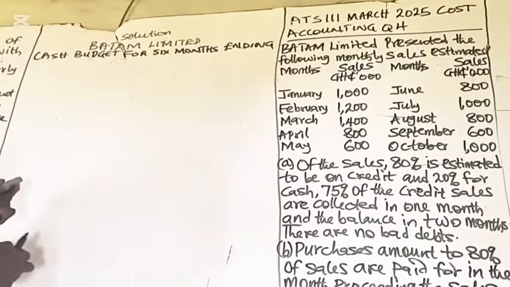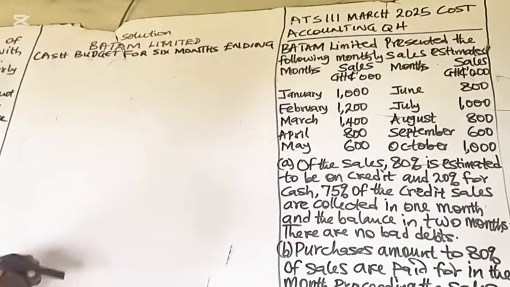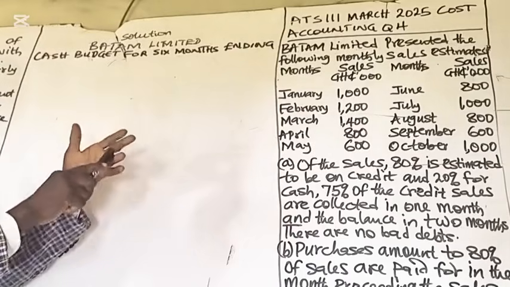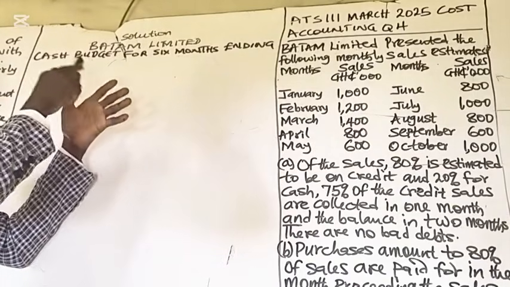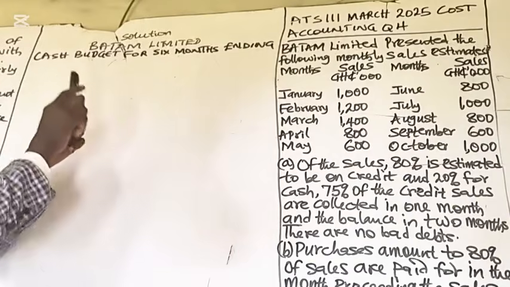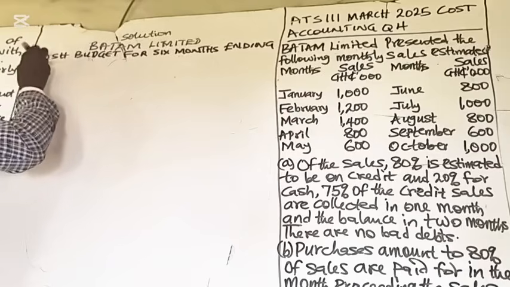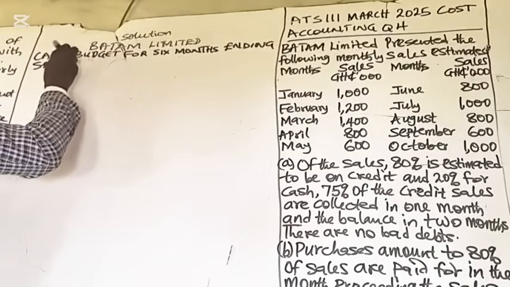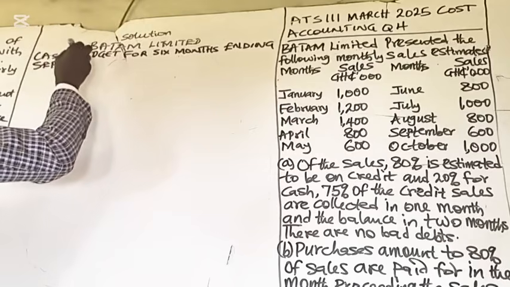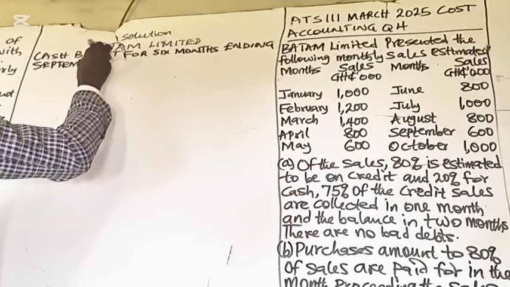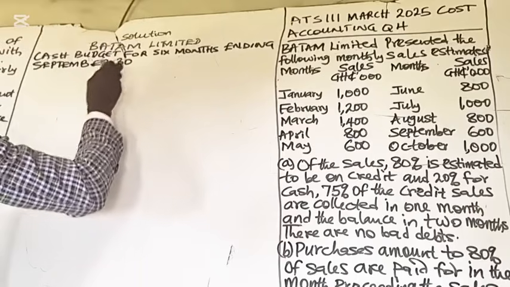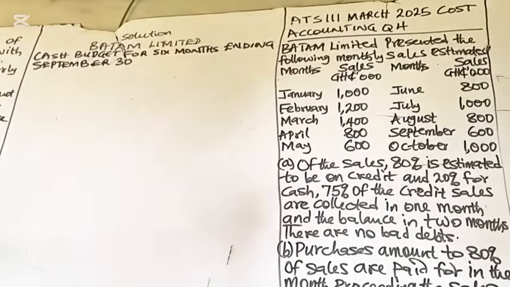Since you have to begin from April, let's count from April. Where will you have 6 months? April, May, June, July, August, September. 6 months ending 30 September. And what is the year in the question? The year is not specified. So